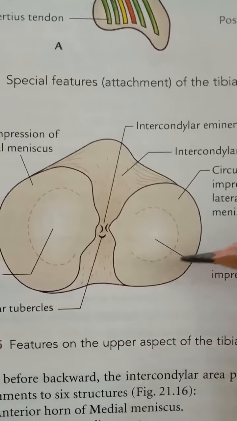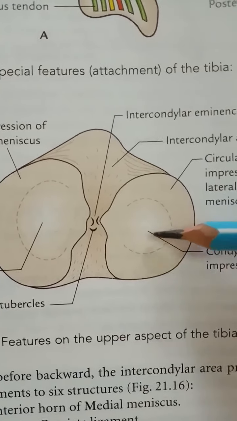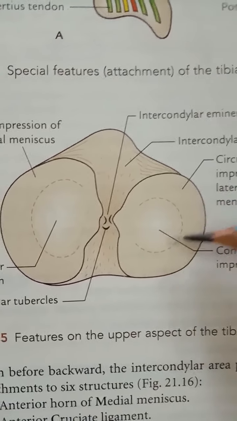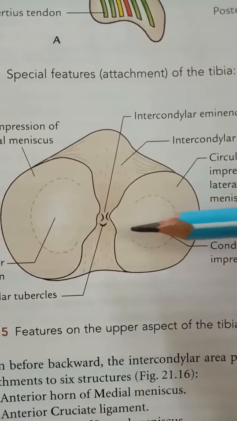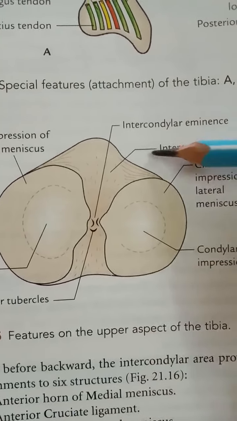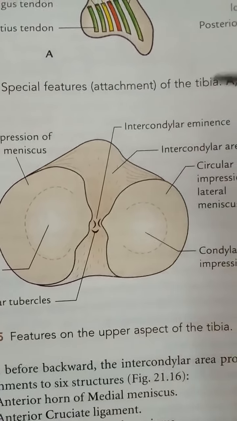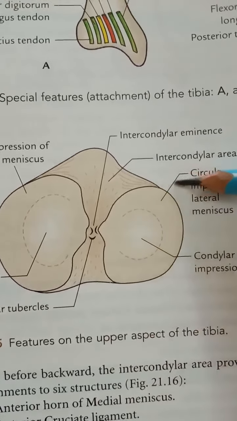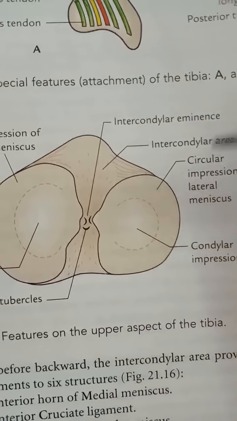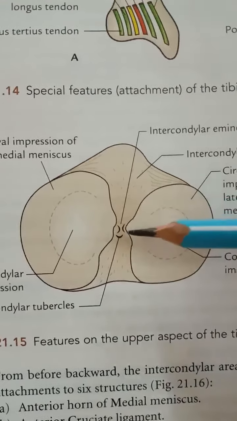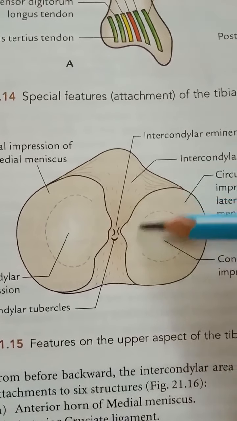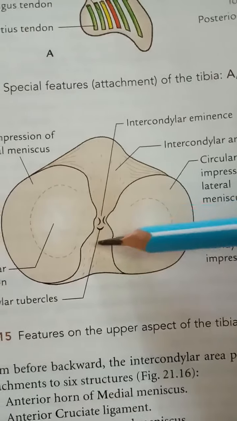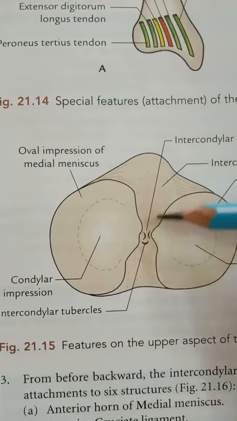In the lateral condyle, the central part is slightly concave and comes in direct contact with the condyle of the femur. The peripheral part is flat, and it is separated from the femur by the lateral meniscus. Here the lateral meniscus is present. The articular surface has a raised medial margin, which covers the lateral intercondylar tubercle.